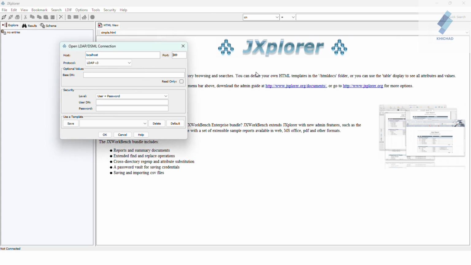My port number default is 10389. After that we need to provide the base DN. My base is the default one.